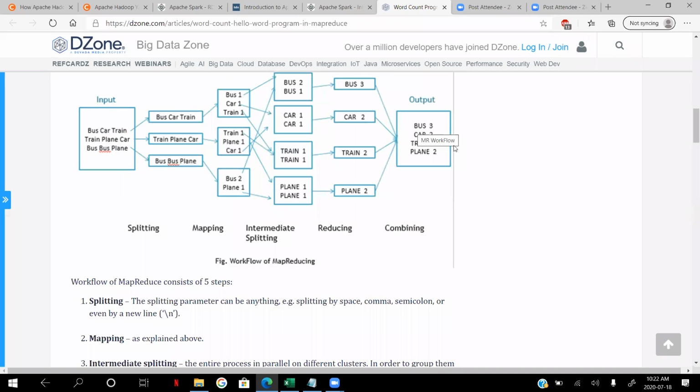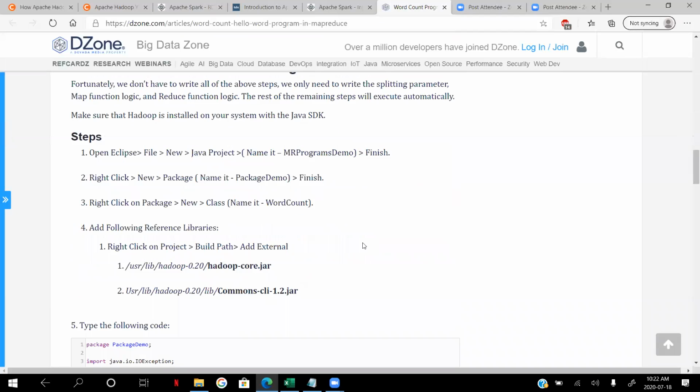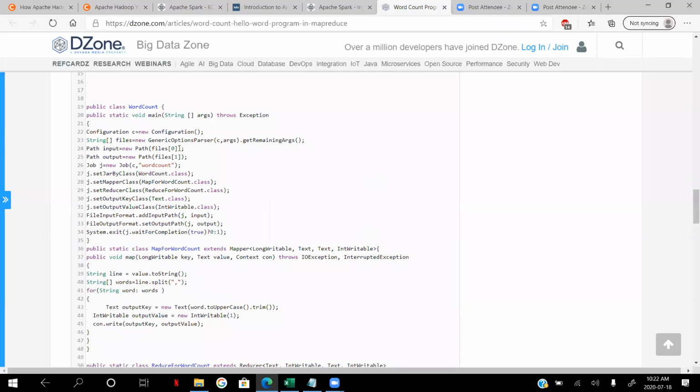So your output file is going to look like this. What I wanted to explain is that the driver program will tell you where your input file is, where you want to write your output file, how to write, what your map program is, and what your reducer program is. If you have a combiner, what that is. If you want to write your own specific partitioner, what that is. All that stuff is actually written in the driver.